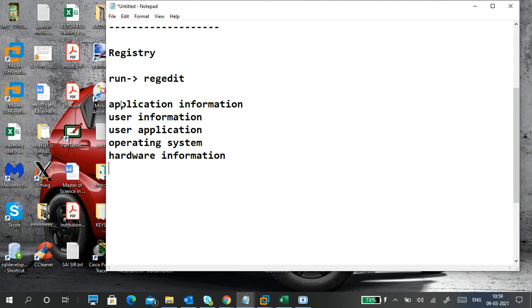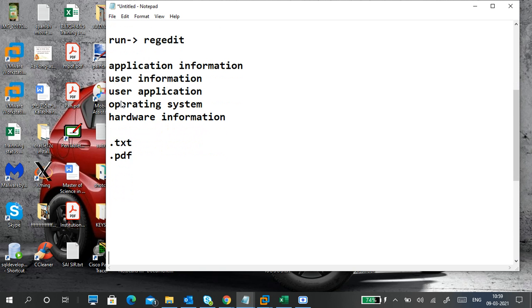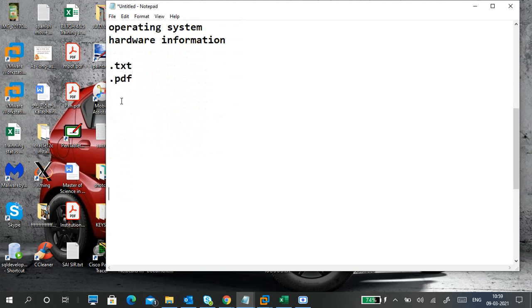Normally, HKEY_CLASSES_ROOT represents shortcuts, the file associations like .txt, .exe, .doc, .pdf, .3gp, .mp4, .mov, almost all application related pointers are there. Next, user related information.